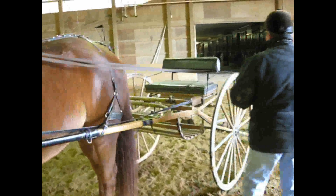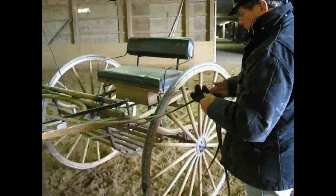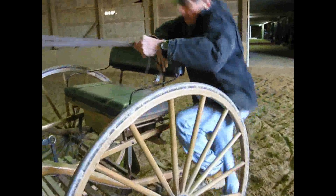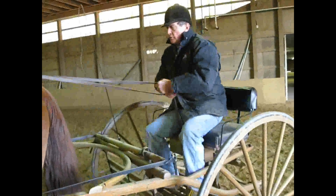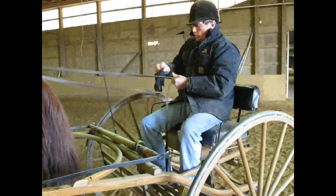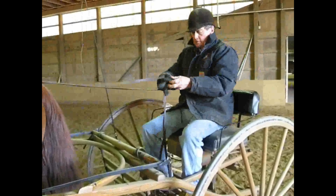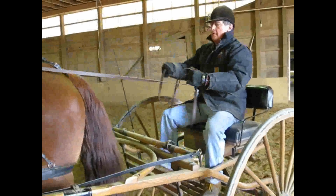So I'm just going to climb into the cart here, make sure I've got my gloves. And make sure that's the left hand. That's the right hand one, rather. Stepping up in here. And still relaxing, and I'm going to put a glove on here while Diane still has the hold of him. That's the boy. Stand. My gloves on so we don't freeze to death here. And then my horse